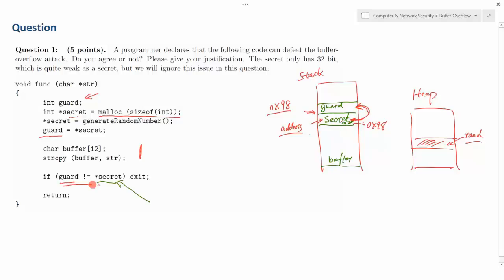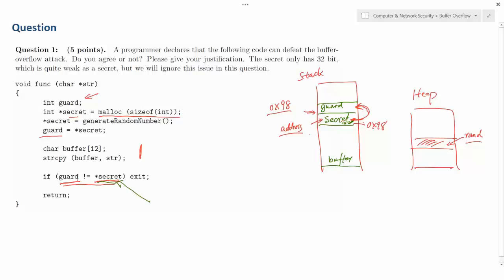Now you check: if the guard equals the guard, basically, I don't care what is inside the guard, but the guard is going to equal the guard. This is the guard, and this address now points to the guard. So in this way you can completely defeat this mechanism.